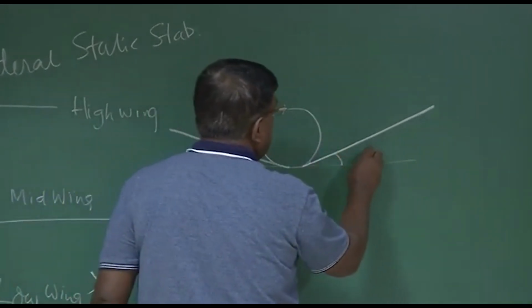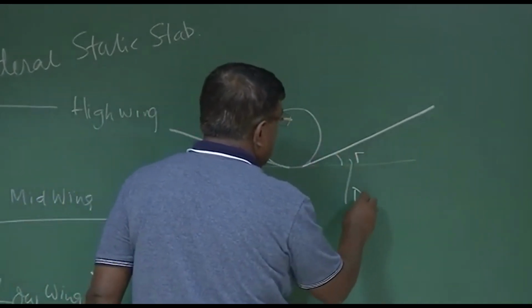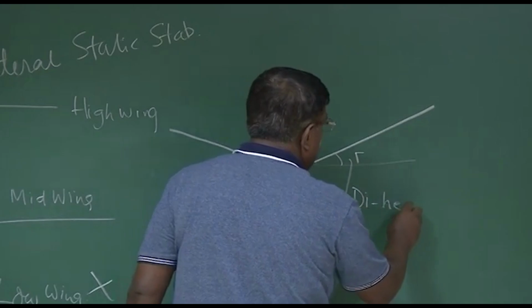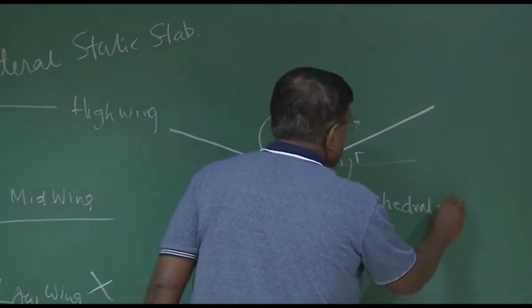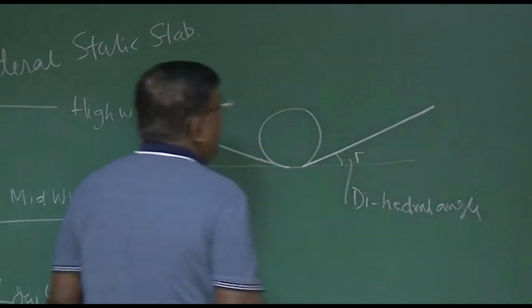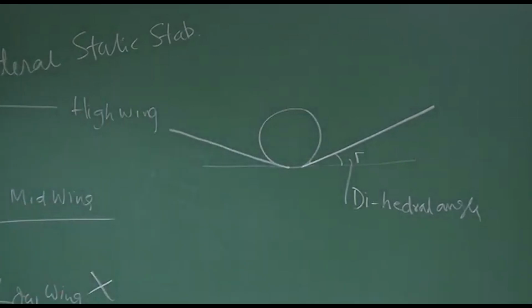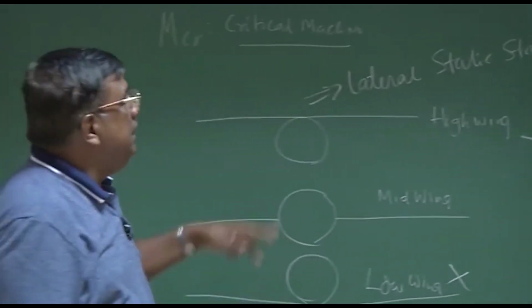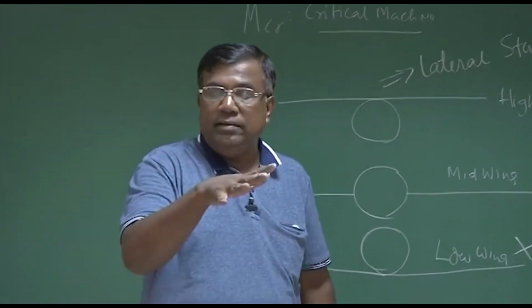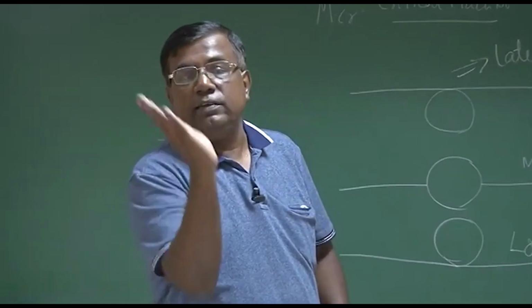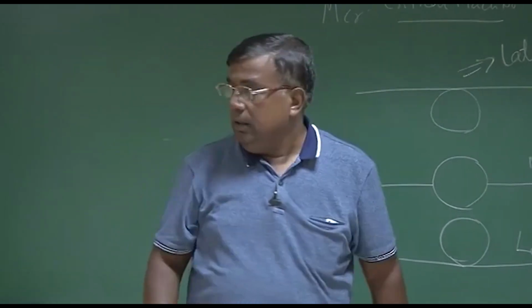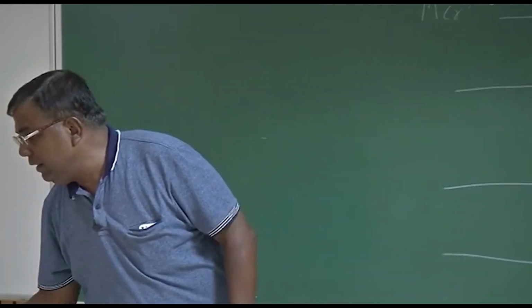And this angle is called the dihedral angle. You could see that giving a dihedral like this will do exactly the same thing as the high wing. As it banks like this, it side slips. Because the surface is like this, it will roll it back. If I try to explain it to you,